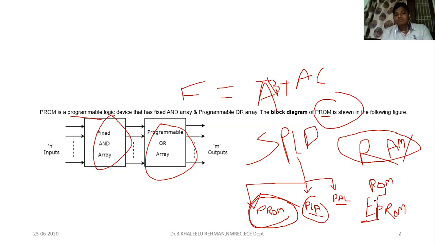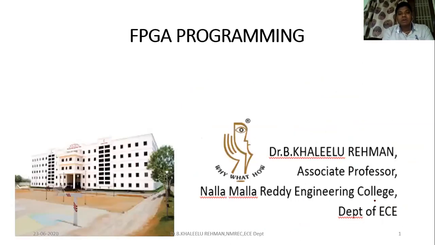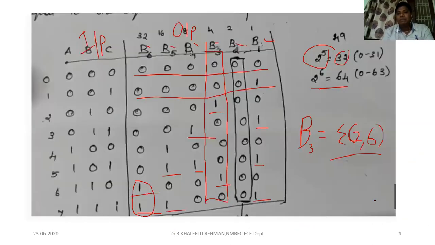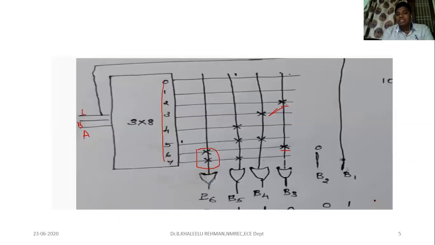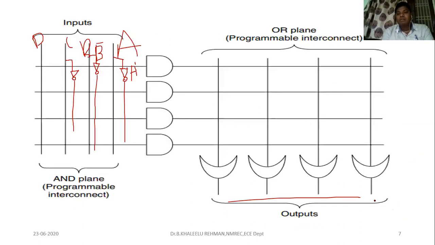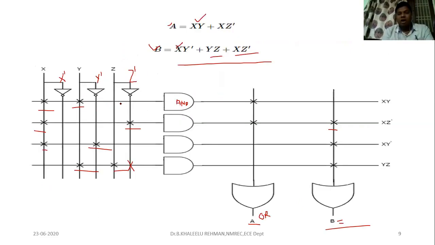These are the things we have discussed: the block diagram of a PROM, designing of a PROM, the truth table of a PROM, the implementation of a PROM, the definition of a PLA, and the generalized circuit diagram of a PLA, how a PLA looks like. If I just put a block, that becomes a block diagram. Then we have seen an example of a programmable logic. That's all we have for today.